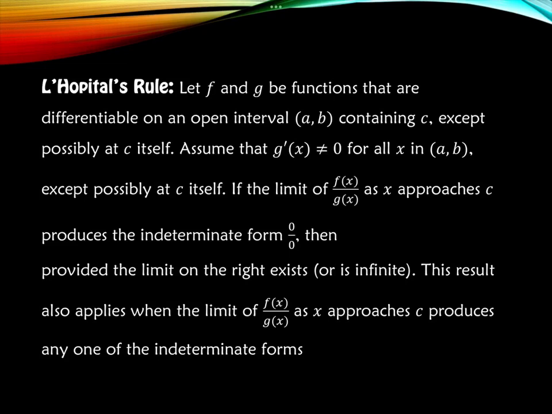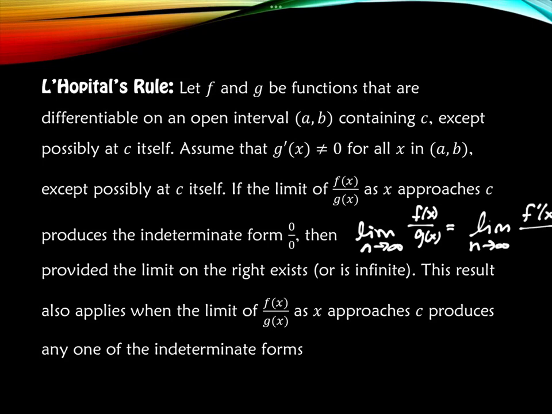Differentiable on an open interval (a, b) containing c, except possibly c itself, as long as the derivative g prime is not equal to 0, except possibly at c itself. If the limit of f of x over g of x as x approaches c produces the indeterminate form 0 over 0, then the limit of f of x over g of x is equal to the limit of f prime of x